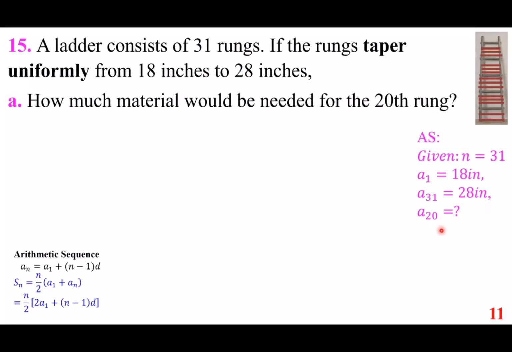So what we are going to do, we are going to use the fact that A sub n is A sub 1 plus n minus 1 times d. And so for number 31, we put A sub 1 plus 31 minus 1 times d. This is A sub 1 is 18. We plug in and we find the missing d. Remember, A sub 1